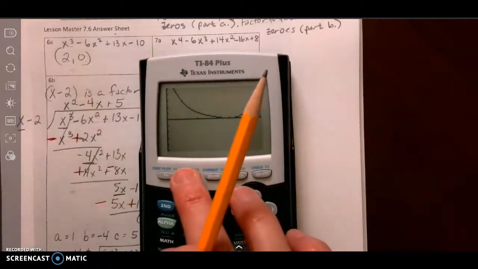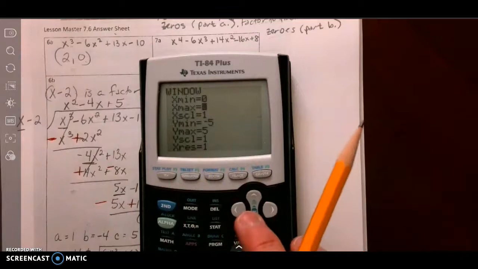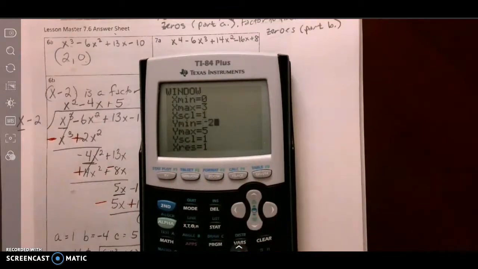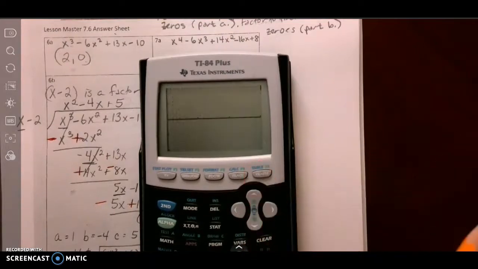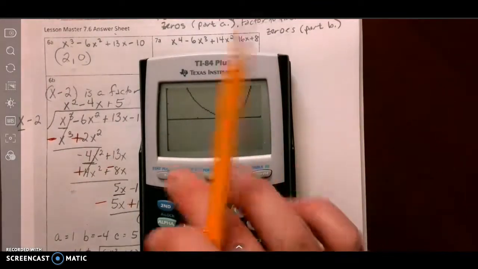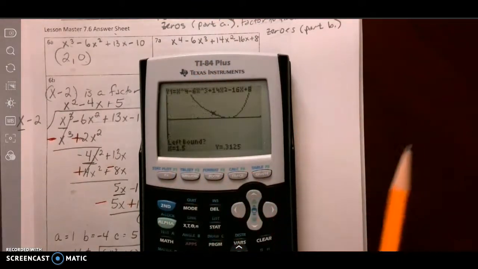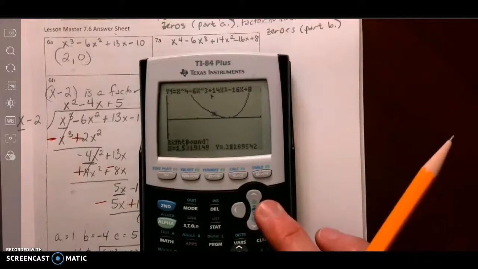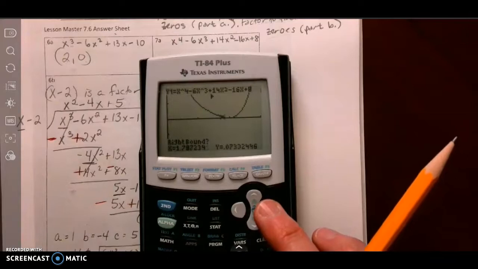All right, and let's change my y from -2 to 2. I just really want to see up close. Right, it kind of looks like it might hit there twice. I can't really tell. Let's see. Second trace. Let's find a 0. Okay, I know I'm definitely to the left of it. Now, as soon as I get into the negatives,